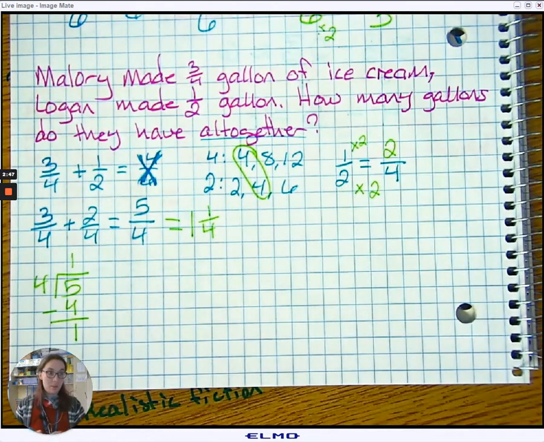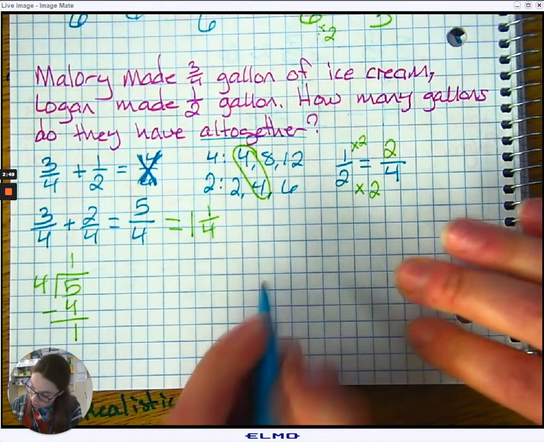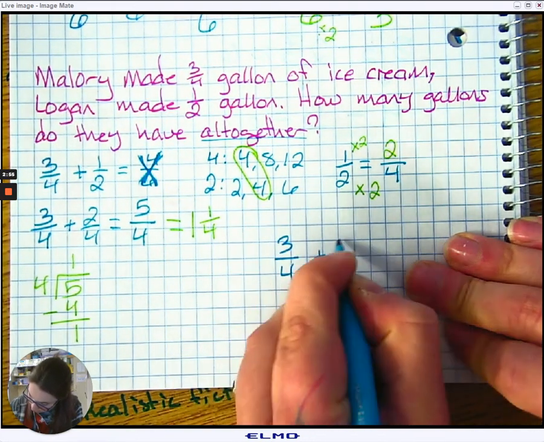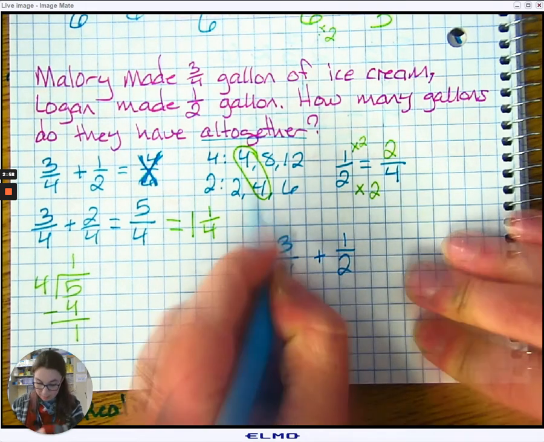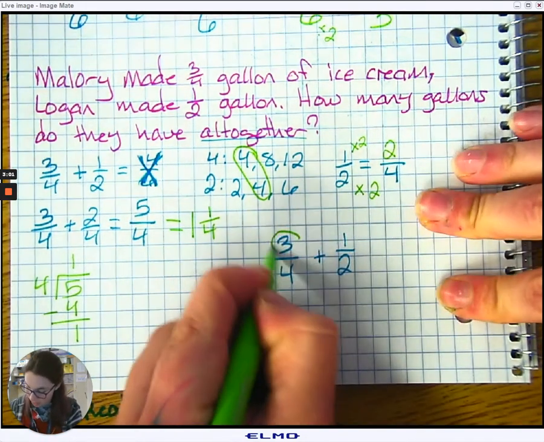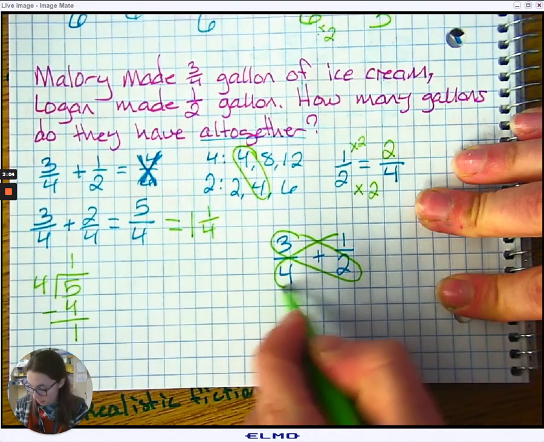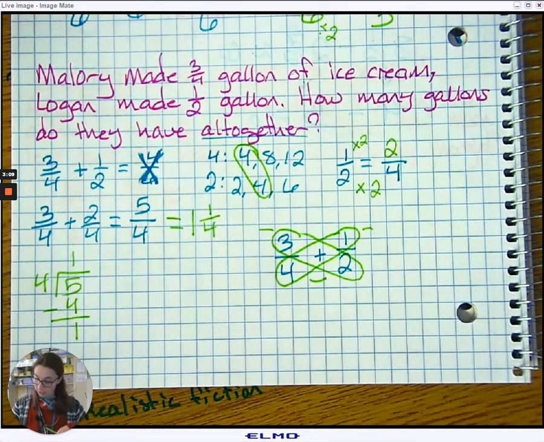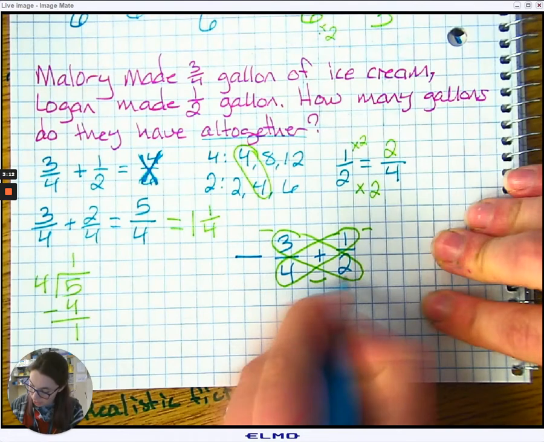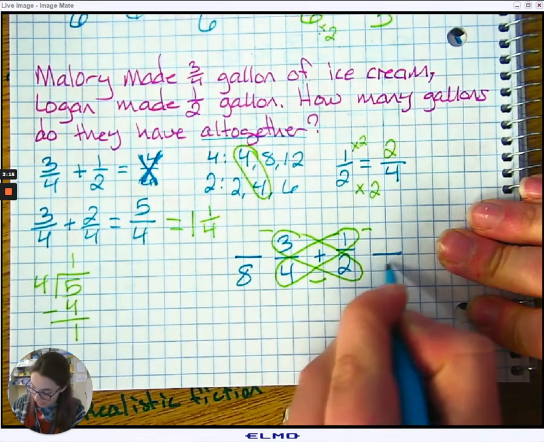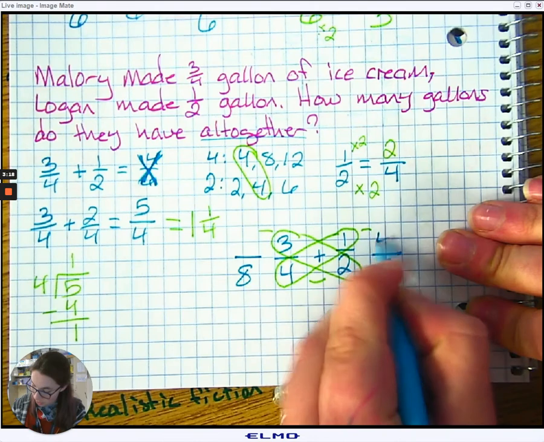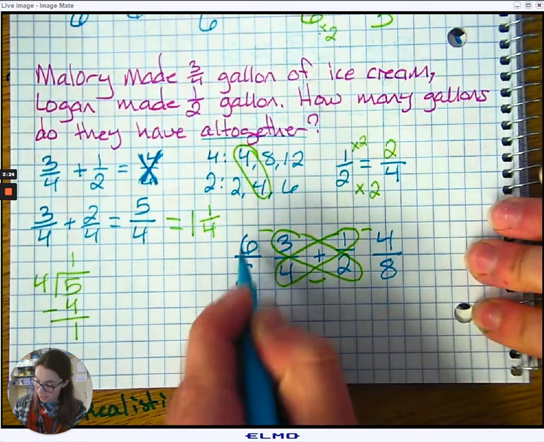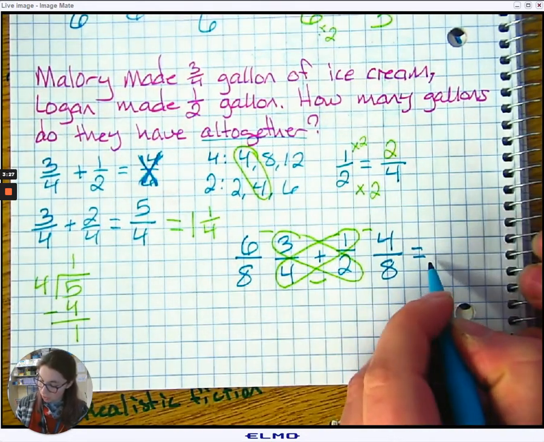Now, the other way is the butterfly method. So 3/4 plus 1/2. Let me butterfly here. This green, da-dun, da-dun, antennae, and times. So what we'll have here is 4 times 2 is 8. We're going to have a common denominator of 8. 4 times 1 is 4. 3 times 2 is 6. And we end up with 6/8 plus 4/8, which equals